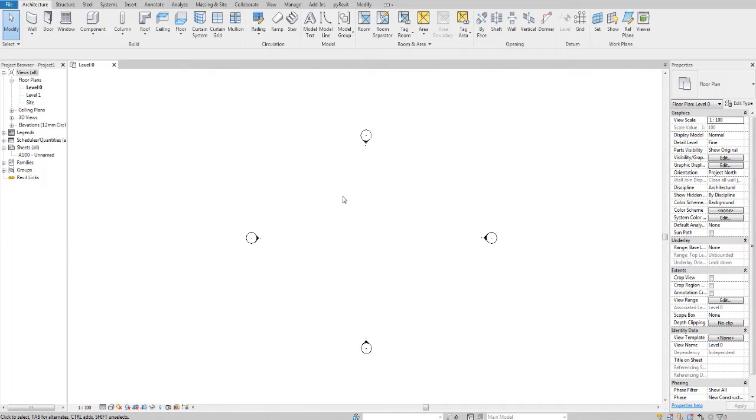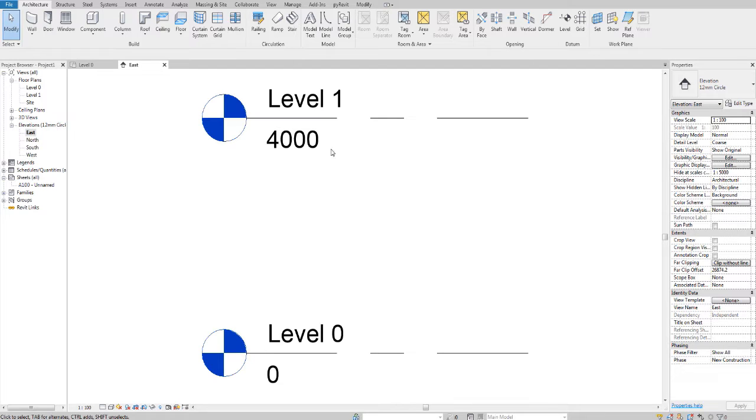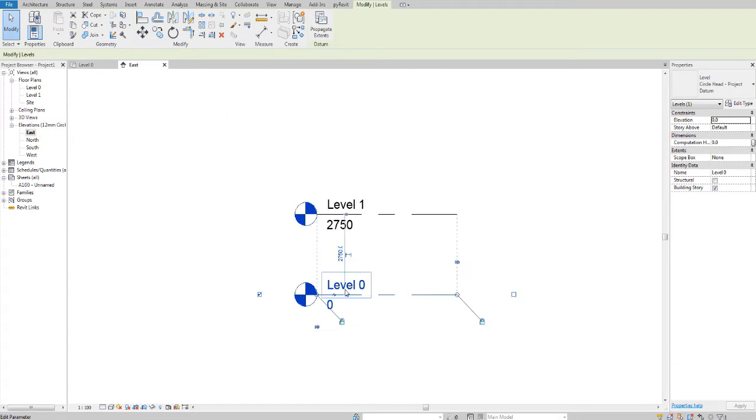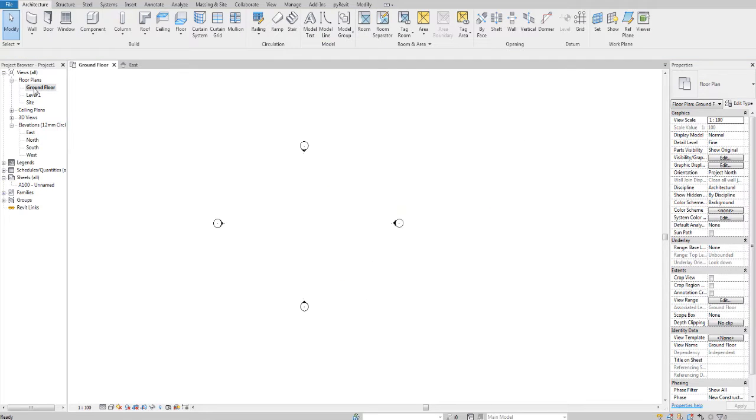So I've opened a new Revit project here in the architectural template, and the first thing I'm going to do is go into elevations, pick any one, and set level 1's height at 2750, like we mentioned in the isometric drawing. And I'm just going to quickly rename this as ground floor. Okay, now going back into the ground floor, I'm going to start drawing